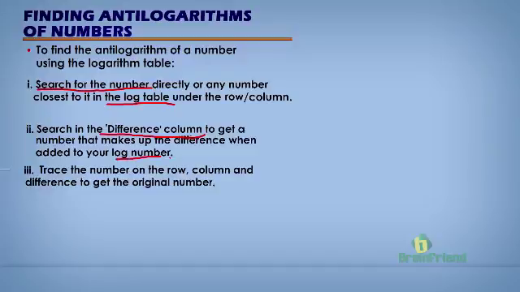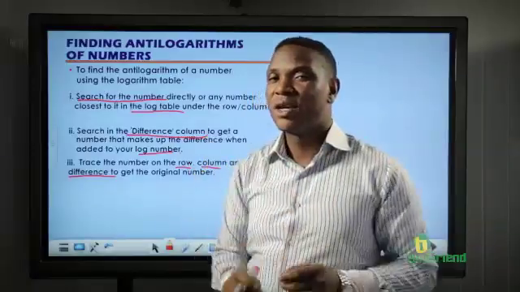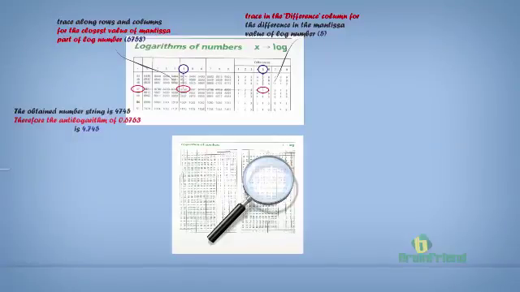And finally, we trace our number on the row, column, and difference to get the original number. I guess this may seem strange, but as we do a practical example to look directly on our logarithm table, we'll understand better. Now, if we were asked to find the anti-logarithm of